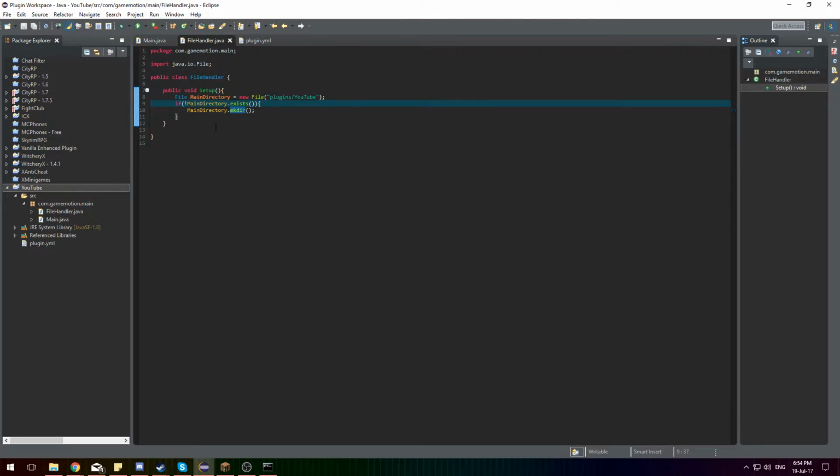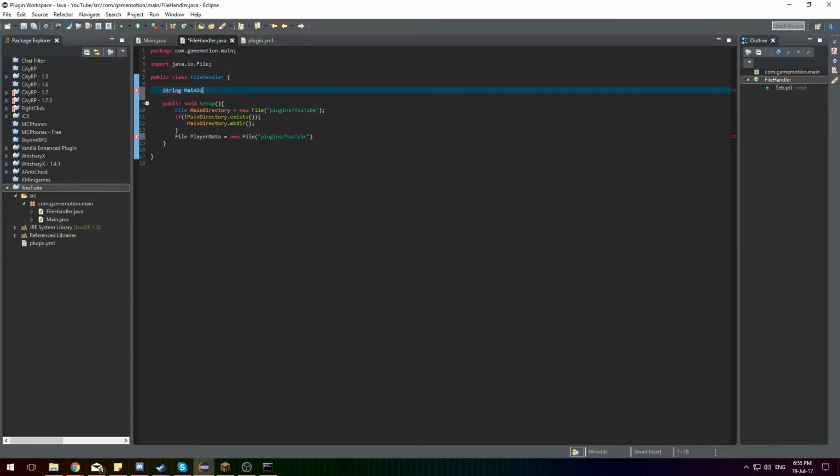So now that we've done that, I'm going to create a player data folder. So this will hold the data for all of our players, and I'm going to be using a built-in plugin function for YML files for this to work. So I'm going to do File playerData equals new File, and then do the same here, plugins/YouTube. At the top here, which I'm going to do, is create a string. So string main directory path. Actually, I'm just going to call it path just for ease. Plugins/YouTube,